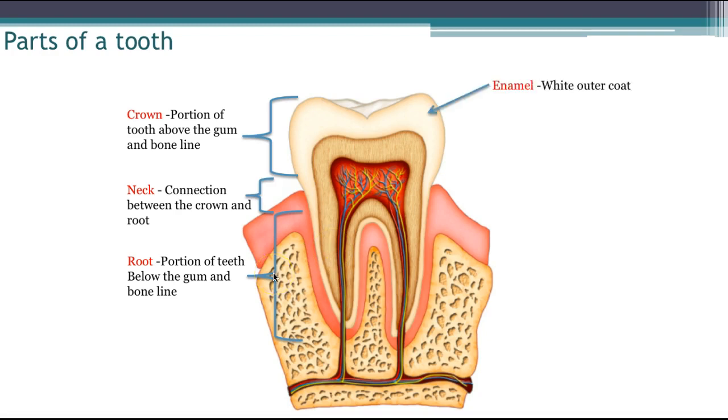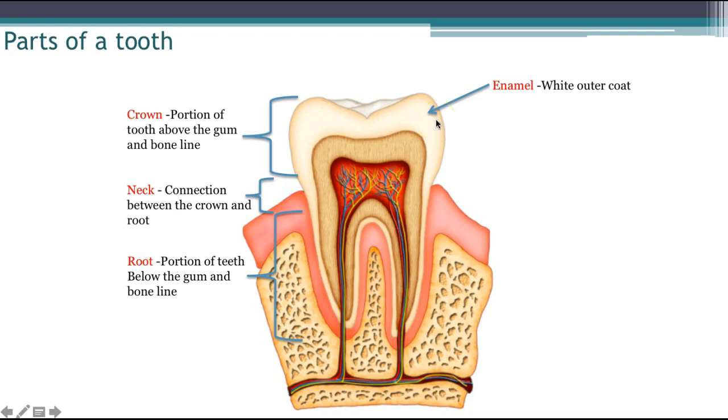Okay, and then we're going to break it down into smaller sections. So we have our enamel. The outer coating of your teeth is called the enamel. This is what gives it the white color. This is where it gets the staining. And if cavities are to develop, they start developing in the enamel because it is the more outer